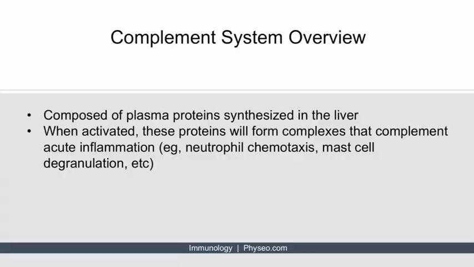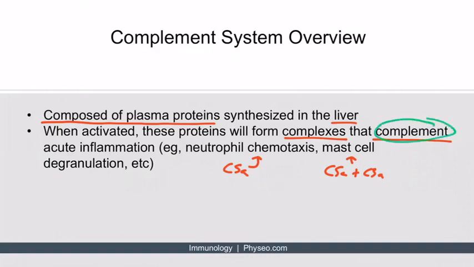for Step 1. The complement system is composed of plasma proteins that are synthesized in the liver. And when activated, these proteins will form complexes that will complement acute inflammation. For example, C5a will upregulate neutrophil chemotaxis. C5a and C3a will upregulate mast cell degranulation. And those are two examples that we've already discussed in Section 2. But I bring them up again here to help reinforce the term complement, in that the complement system complements acute